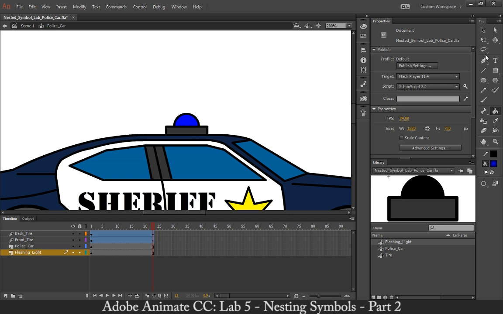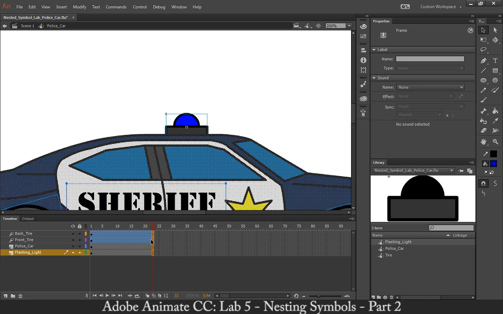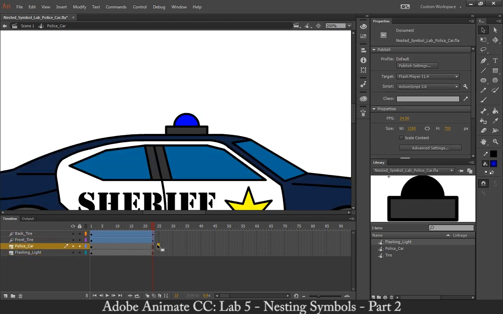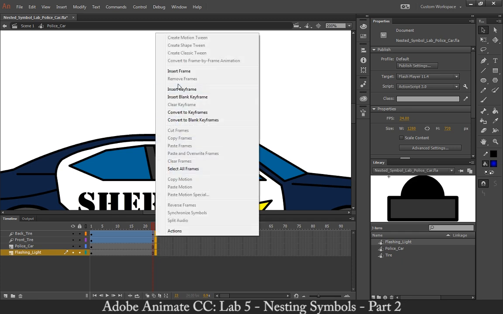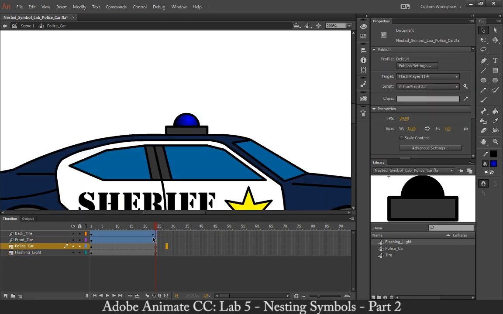Now it stops here because I have it at 23 frames. As I was mentioning before, each symbol has its own timeline. So let's say I want to expand this one more frame. So I'm going to click and drag and highlight on the very last frame of all of these. Oops, that didn't work. So let's try this. I'm going to highlight the very last frame and do insert frame. And I inserted one more frame so that it will repeat the process back to this original starting point,